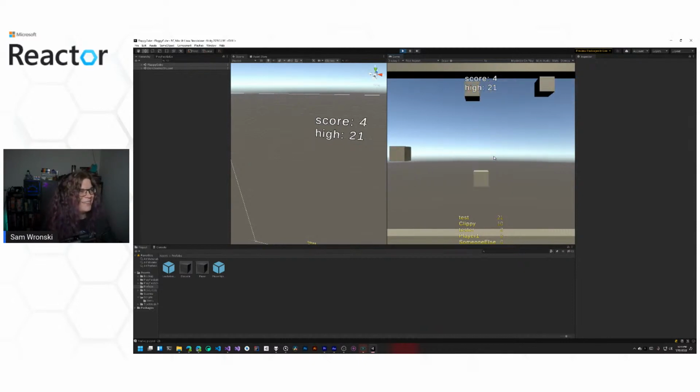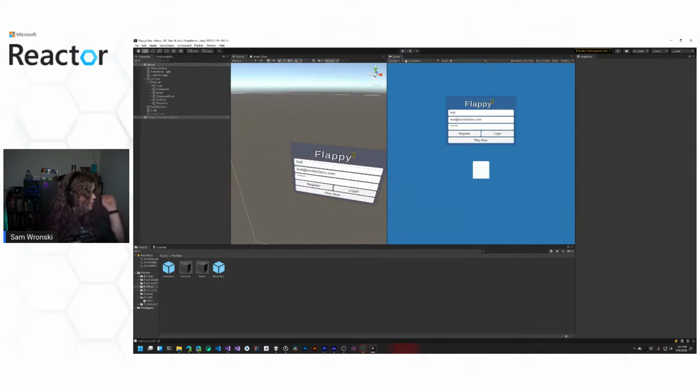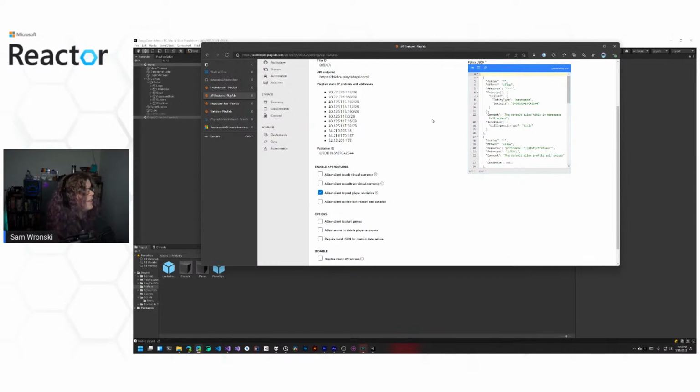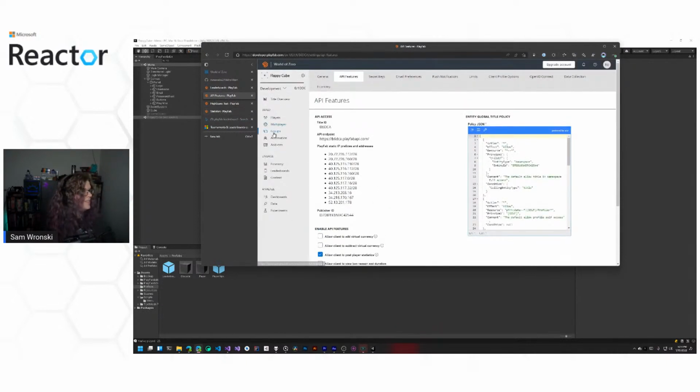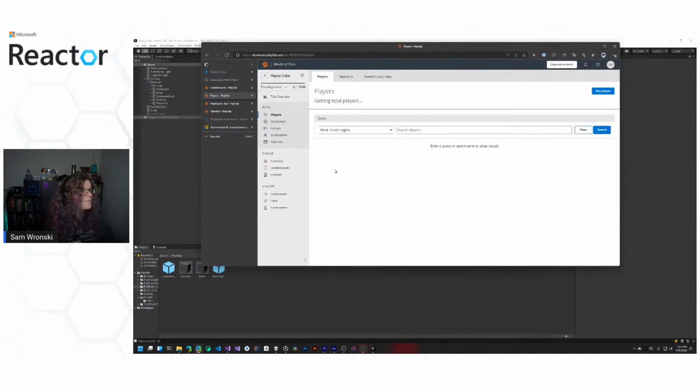There we go. So we get 4. But then I lose and get 0. We should still see a statistic with the high score equal to 4. So we wouldn't have overridden the statistic, even though we got that other thing. So let's go ahead and find that player inside of our players.